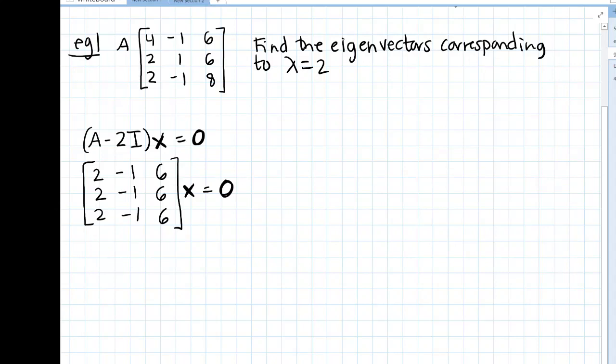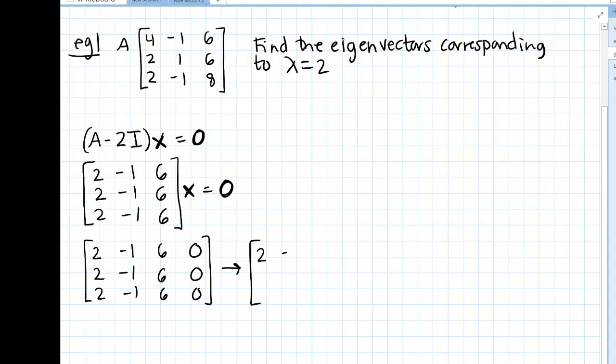So if we were to write this as an augmented matrix, we would have this. And this reduces to 2, negative 1, 6, 0, and then just all zeros. So in this case, we have 2 free variables, right? We know that x2 and x3 are our free variables, and then x1 can be written as,